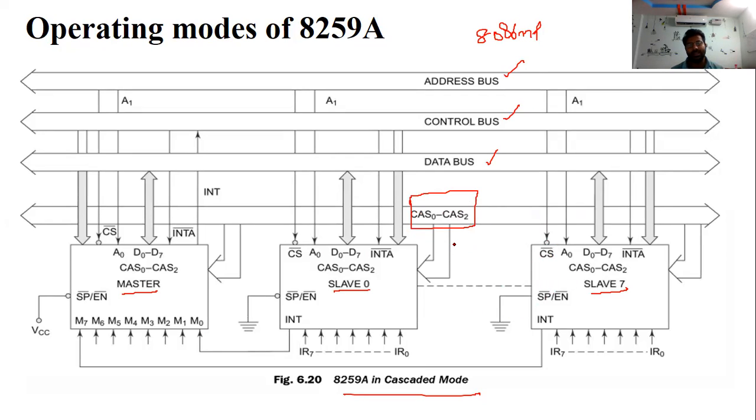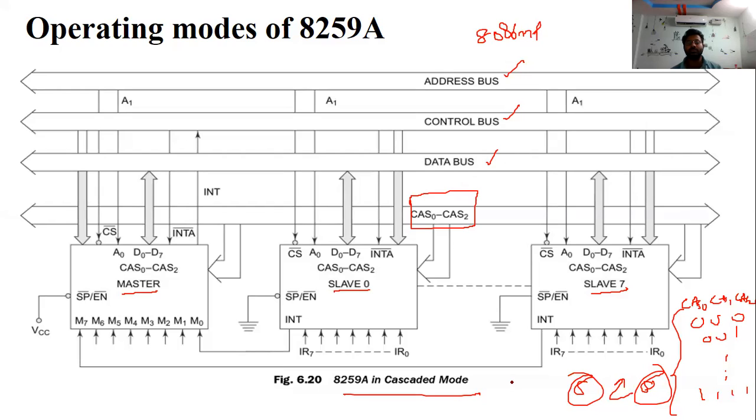So CAS0, CAS1, CAS2 are 3 inputs, giving 3-bit combinations 000, 001 and so on up to 111, which is 8 combinations. It connects the 8 devices: 000 is slave 0, 001 is slave 1, 010 is slave 2, and so on up to 111, slave 7. By selecting the slave devices, we use the lines CAS0 to CAS2.